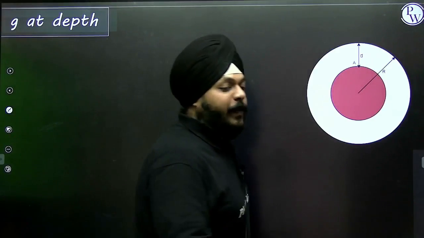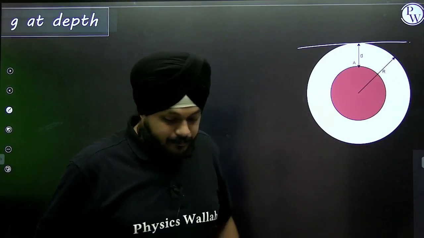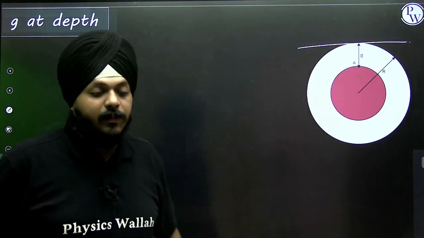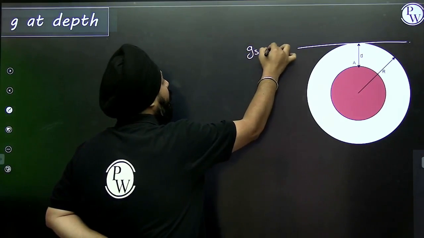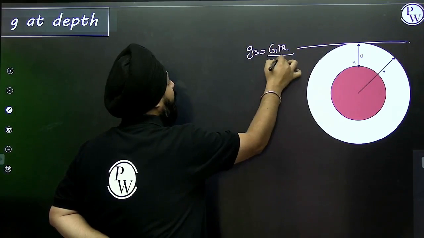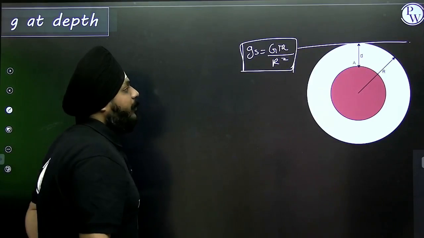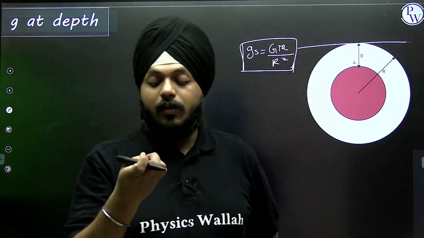How does g, with respect to the surface of the earth, vary with depth? At the surface, we have the value GM divided by R squared. In this case, I want to tell you all that